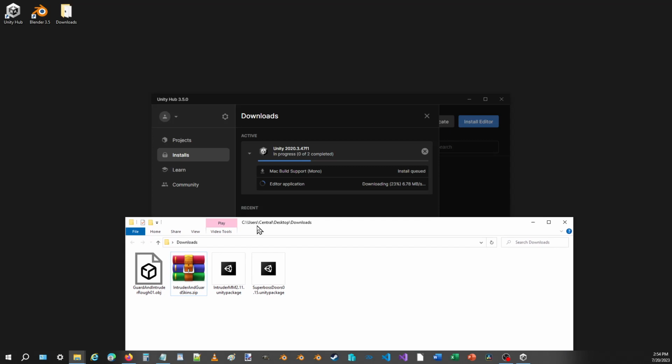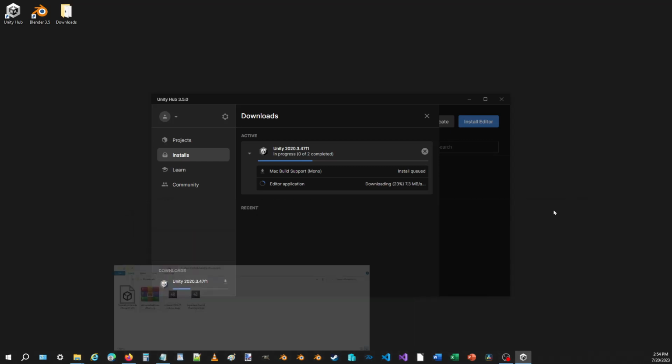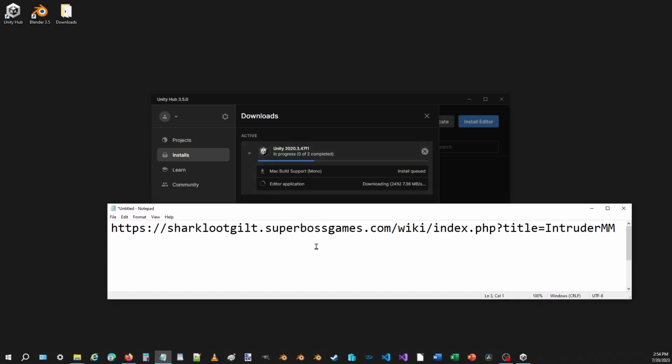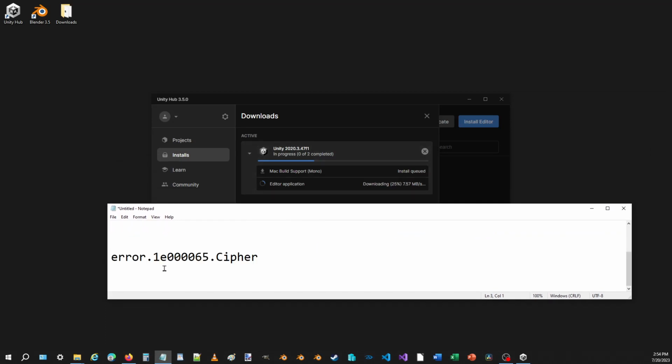And we're just going to wait for this download to finish. But there is one other thing I want to point out. There was someone a while ago who had an error, this error something cipher, and what this refers to is